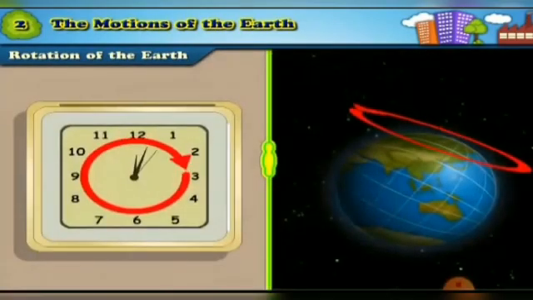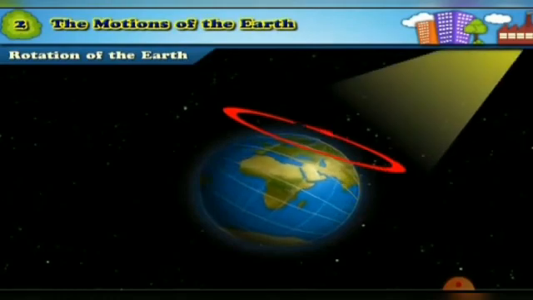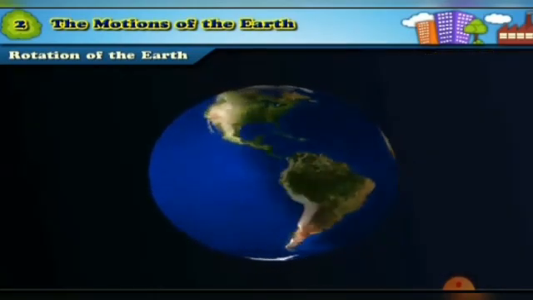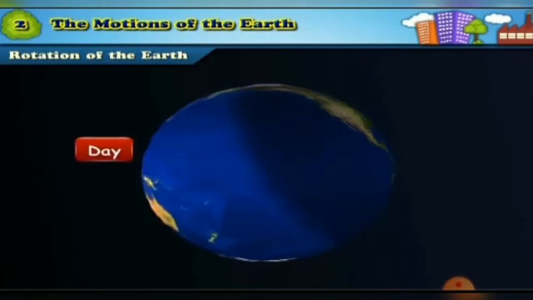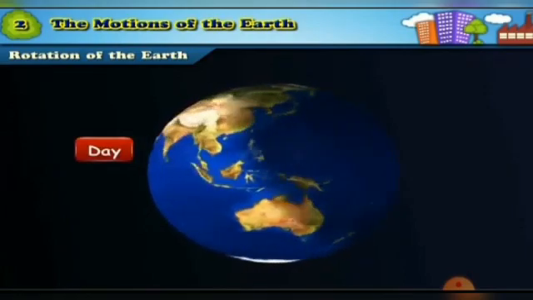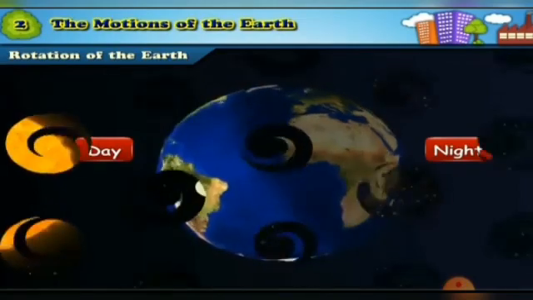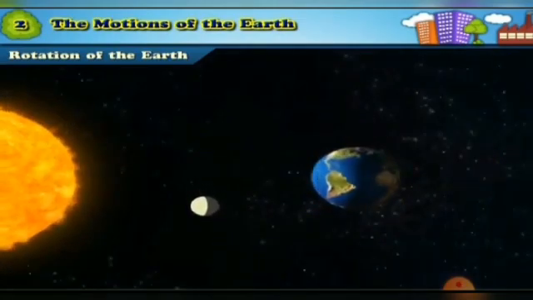We realize the earth rotates around itself in the same direction from west to east. We say that it is a day. The part which receives light has day, and the part which does not receive light has night. Now, on the basis of this experiment, we will study how sunrise and